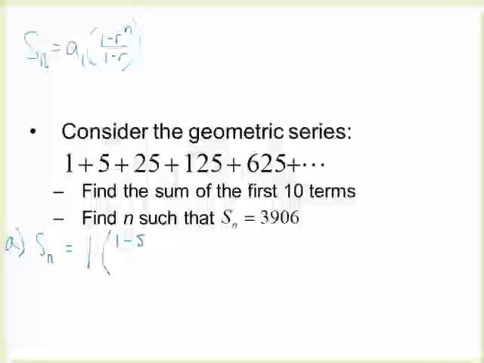N is 10. And R is still 5. Okay, so that ratio is what we're multiplying by. So what do we multiply to get from 1 to 5 to 25? Multiplying by 5 there. So then we know everything we need to know, so we can plug it in the calculator, again, being very careful with parentheses for order of operations. We should get